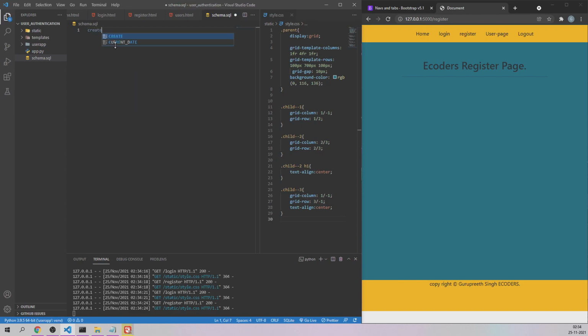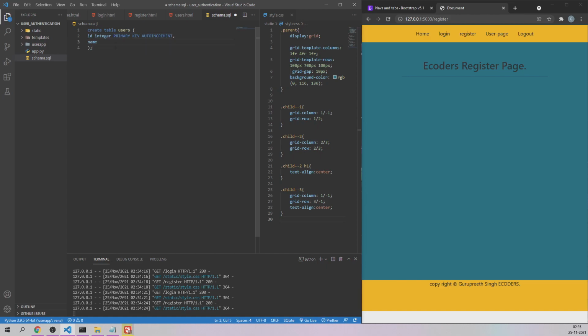I'm going to say create table users. I'm going to open and close a curly brace like this, and come outside and give the semicolon. Inside it, first I'm going to create a column called id, which is going to be an integer type. It is going to be the primary key of this particular application, and it is going to auto increment on its own. So this is the first column which we have mentioned, which is id.